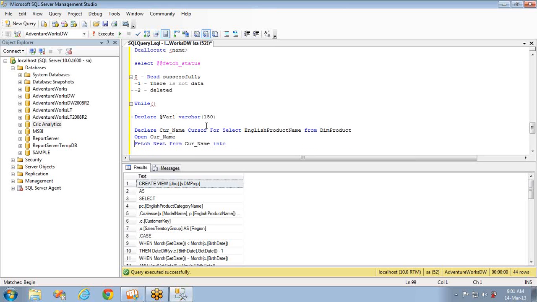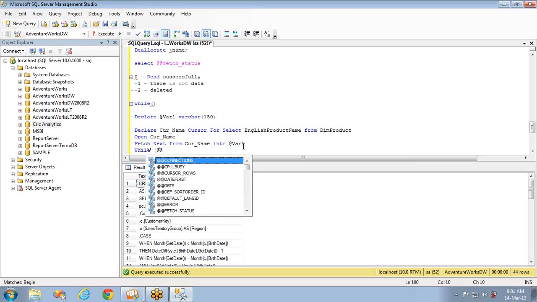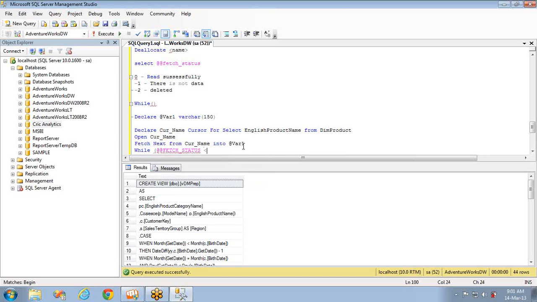I'm opening the cursor and fetching the next record from the cursor into @var1. So it will read the first record here and assign the value to the @var1 variable. Now here we will check for the status while @@fetch_status